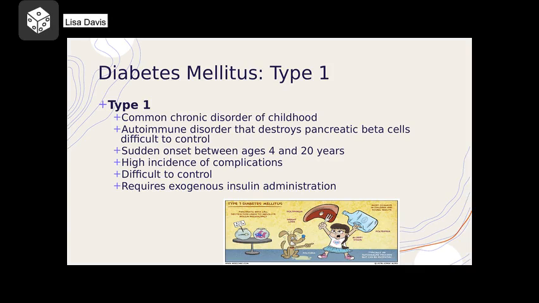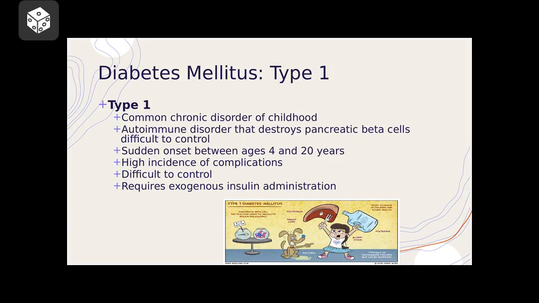We're going to start talking about type 1 diabetes. Type 1 diabetes is a common chronic disorder of childhood. It actually starts as an autoimmune disorder. In autoimmune disorders, your body decides that it's going to attack its own cells. In type 1 diabetes, it starts attacking the pancreatic beta cells and it actually destroys all of those beta